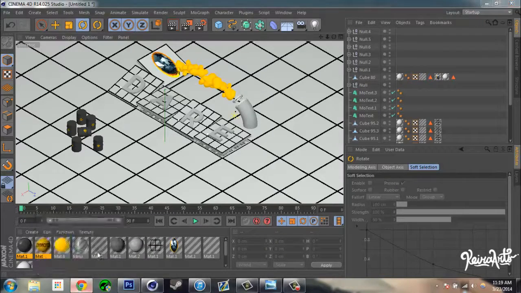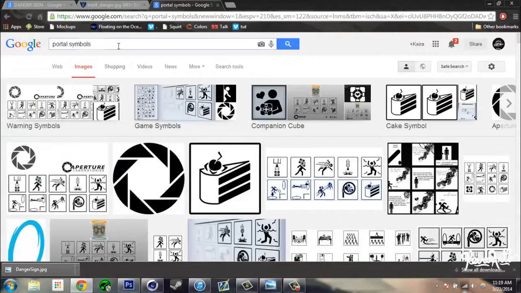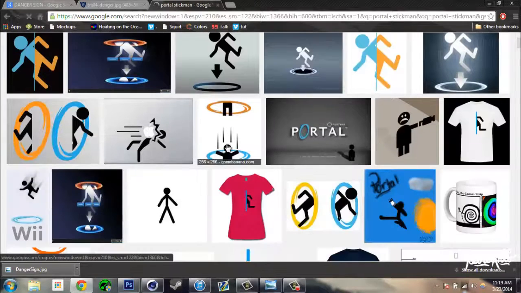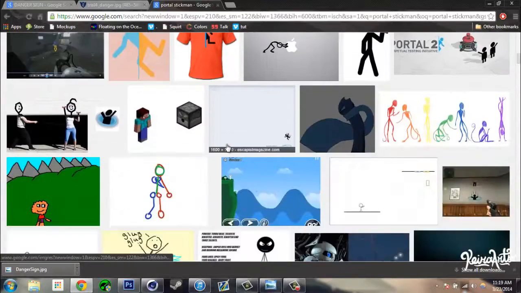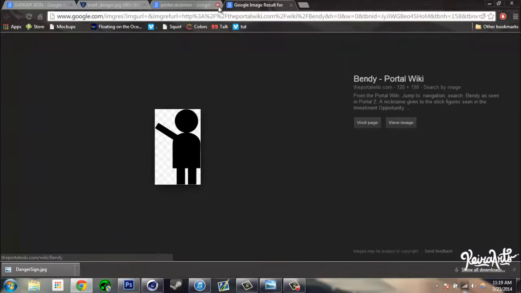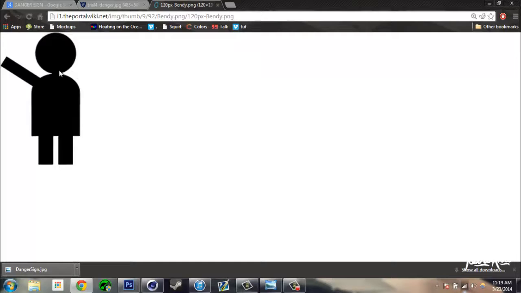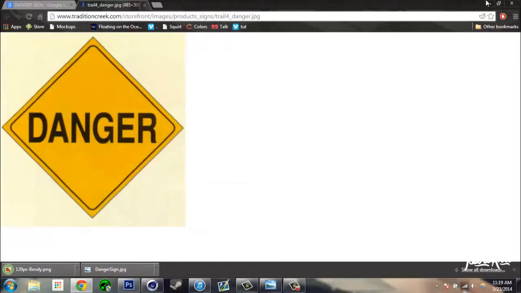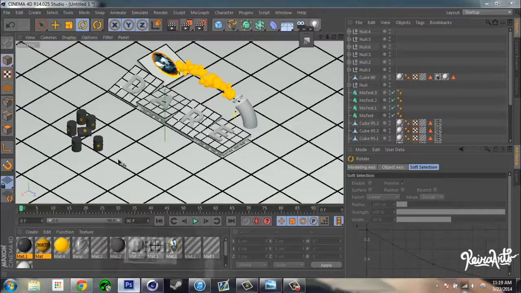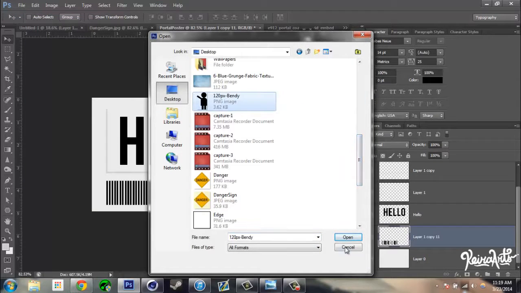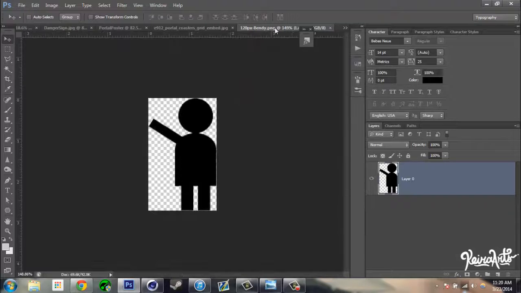Now we need to make the little Portal dudes you see all over the game. So if you search a Portal stickman, you can find a bunch, not really seeing a lot actually. Portal stick figure, and we're gonna use this image, which I will once again link in the description. So File, Save As, his name is Bendy, and we're gonna go to Photoshop once again, make sure that he doesn't have a background on him, which he doesn't, and it's already in PNG, so we don't have to do the whole